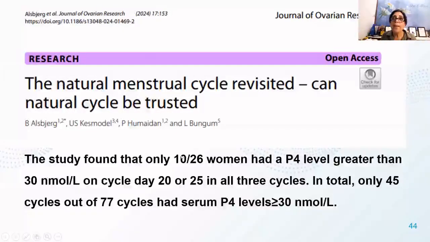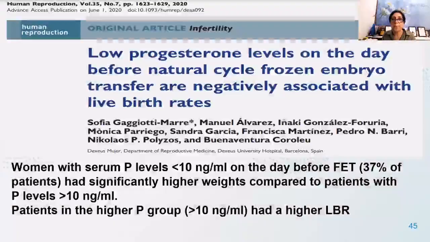And they saw that in around 40% of the patients who were normally menstruating, the levels of progesterone were less than 10 nanograms. So even if we're doing a natural cycle or a modified natural cycle, these patients are infertile patients, and even normal patients also have a progesterone less than 10 nanograms in their random cycle. So we need to give exogenous progesterone because we cannot rely fully on the functional capacity of the corpus luteum, which is formed naturally in an infertile patient.